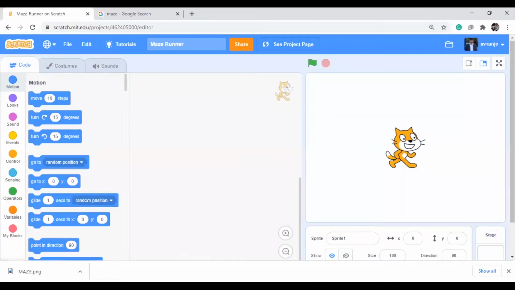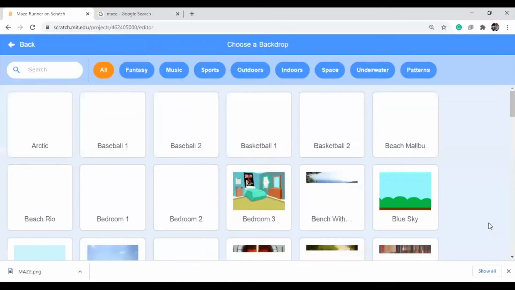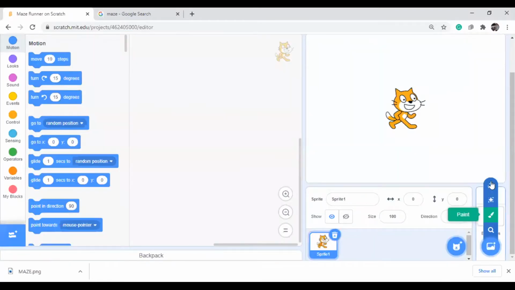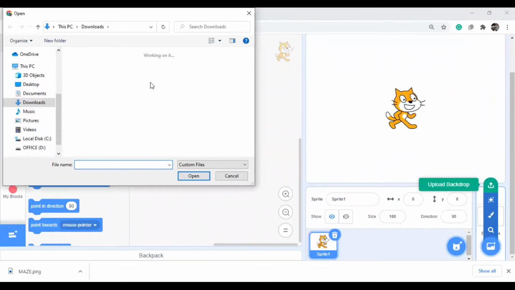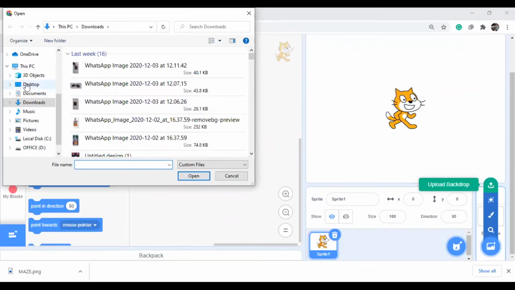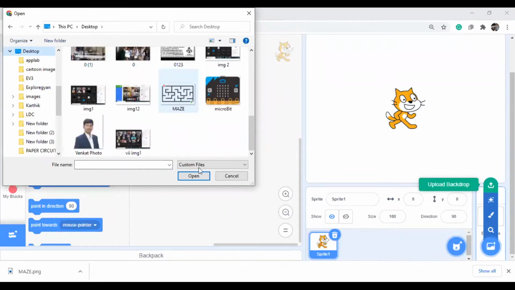Here I'm taking my background as a sprite. Sorry, I want to upload that project. So I'm taking upload backdrop. I'm taking that image. I need to go to desktop and search for the image.